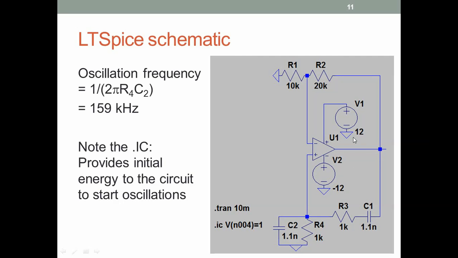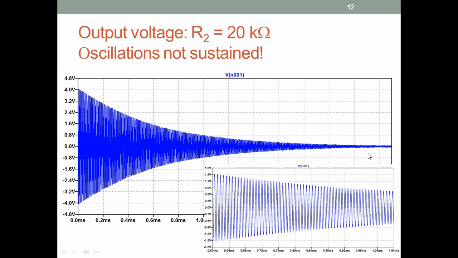If you build this circuit in the lab, then of course you don't need to put an initial charge on the capacitor. What happens is the circuit, because it is sitting in the lab, picks up noise from the environment, and the noise acts as the energy, and that noise is sufficient, although it is very small, to start off the oscillations. So real life circuits don't need this, but simulations of course don't pick up noise, and therefore they need some initial condition. Okay, so I built this circuit and I simulated this in Spice, and this is the output I got.